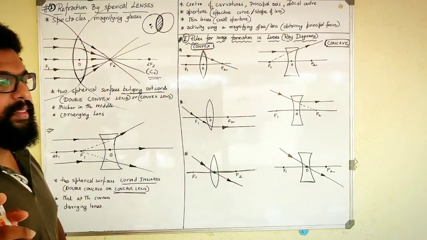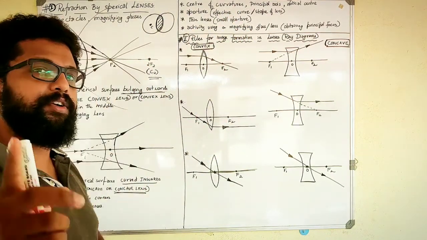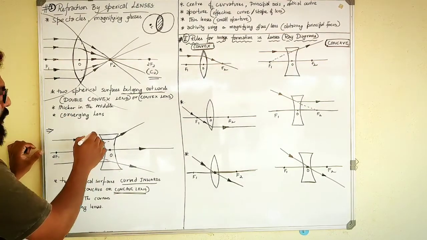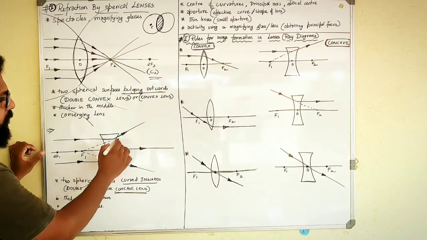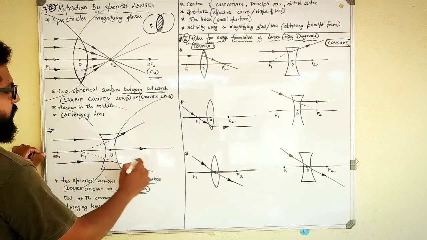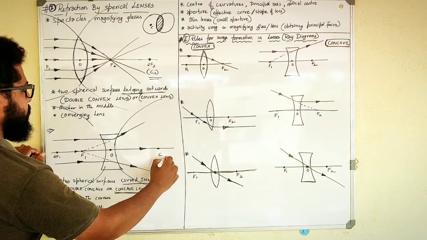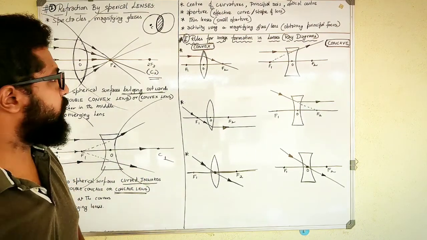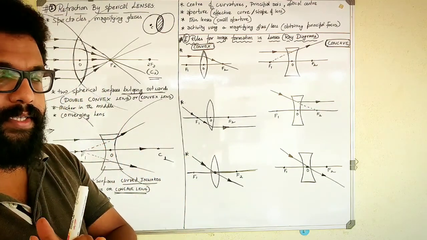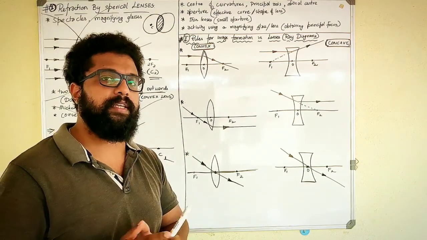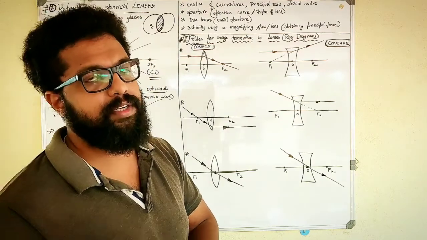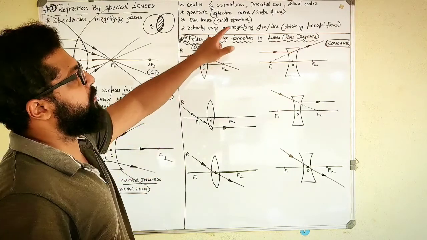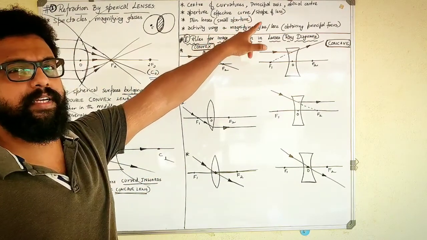And you know, there is not only one center of curvature, there are two centers of curvature for a given lens. You can see even in case of convex mirror or in the case of concave mirror, I extend them. You can see there are two centers of curvature. One is here and one more is this 2f. One is center of curvature on the other side. Okay, because there are two curved surfaces, there are two imaginary spheres, and therefore there are two centers of curvature on the either sides of the lens. So remember that.